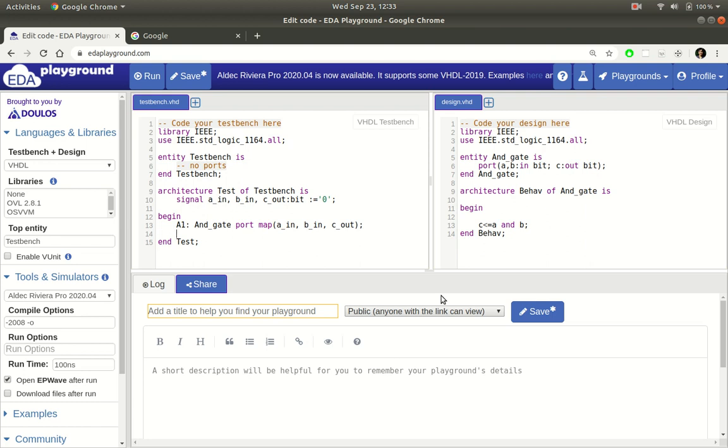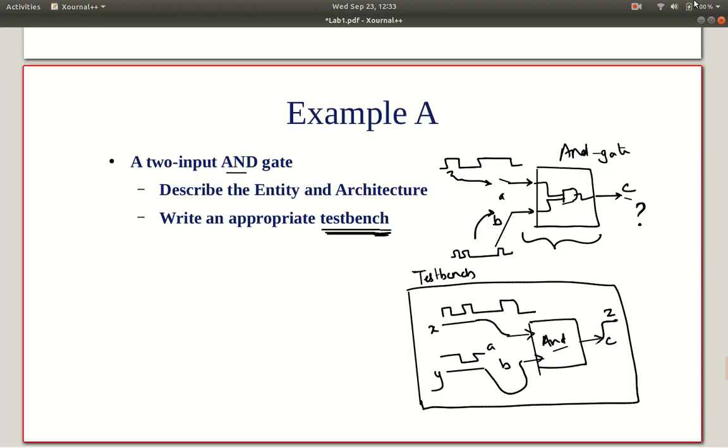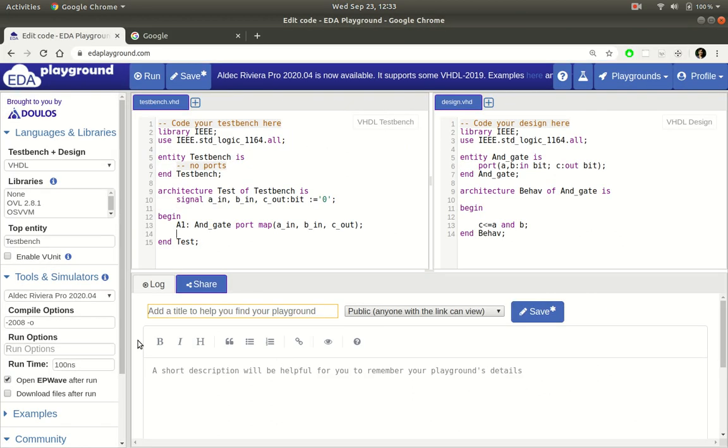Okay. Now I want to assign some waveform to A. So if you recall, I'm just calling it A in, B in and C out. Okay, and I have to assign some waveform to A in and B in. So here is a way in which I can assign some value. So A in,